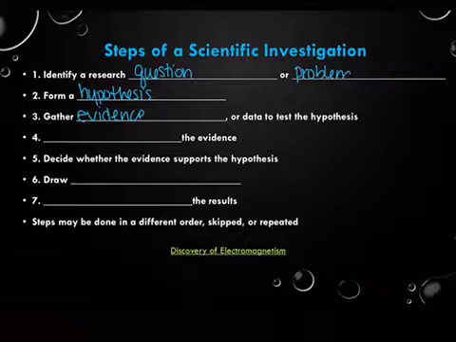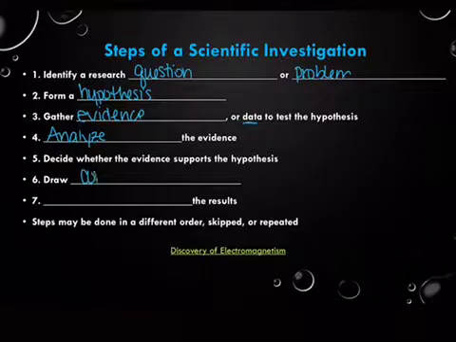Another word for evidence would be data. And then you analyze that evidence. And then you decide whether the evidence supports your hypothesis or not, which then allows you to draw conclusions. And then lastly, you communicate